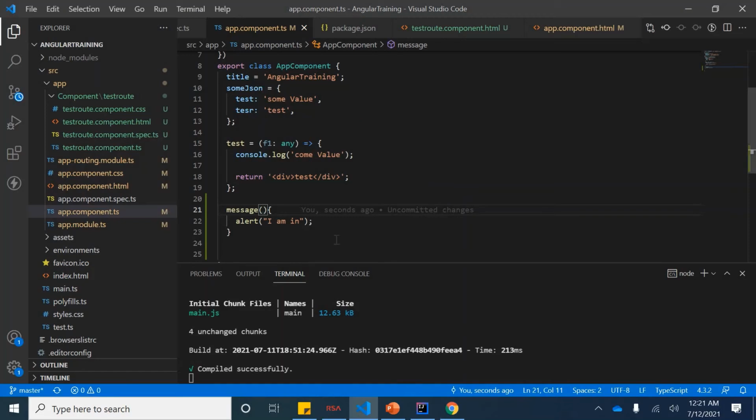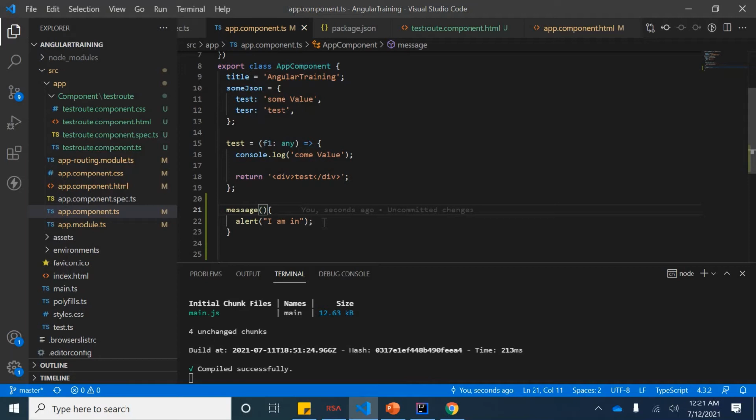It's pretty simple. So this is the app component where you will do all your business logic and validations, pulling data, doing CRUD operations from an API. All those things you will be doing in app.ts, and then you will be feeding the HTML, or rendering data to the HTML.